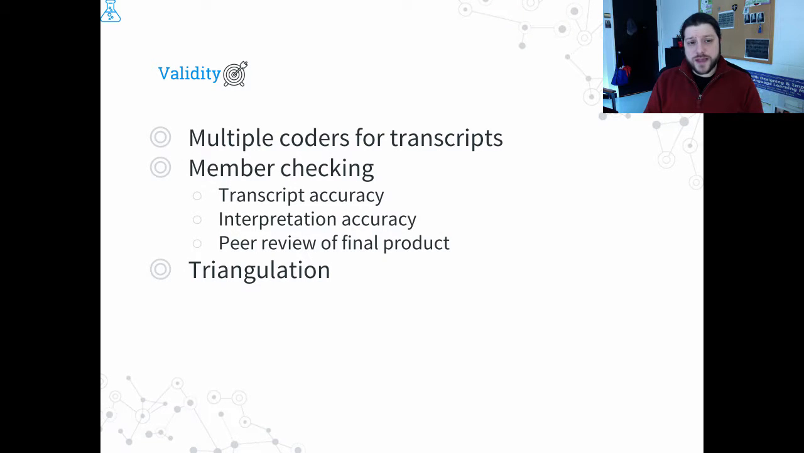Validity aspects, I am aiming to have multiple coders for transcripts. I don't have the logistics yet, but I'm thinking about it. Member checking is a big element for me. I want to make sure that transcripts from our interviews are correct, textually anyway, and that my understanding of what's been said is correct and it's relayed accurately through my own writing. And